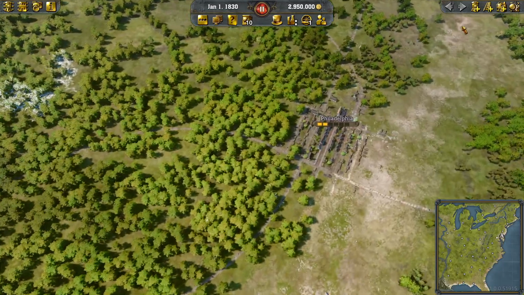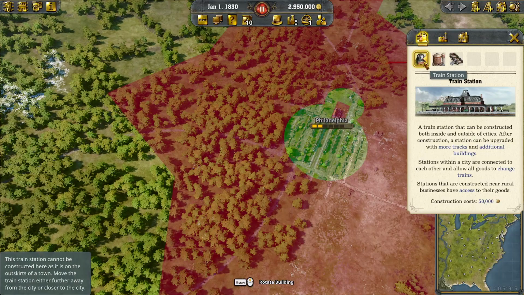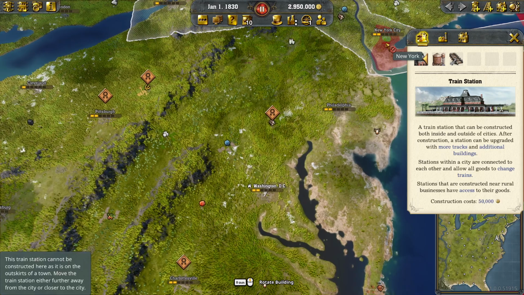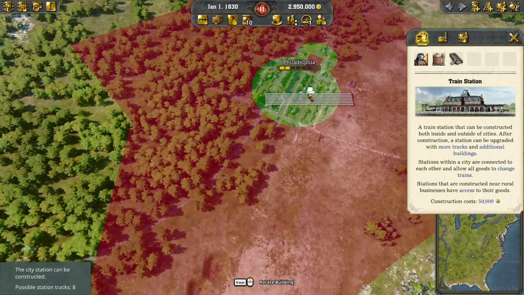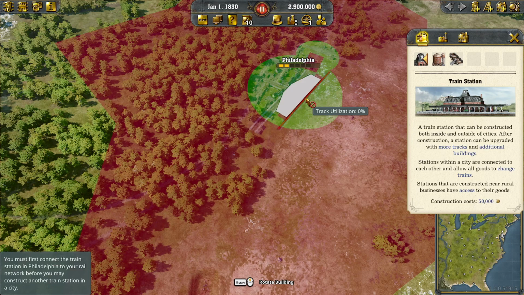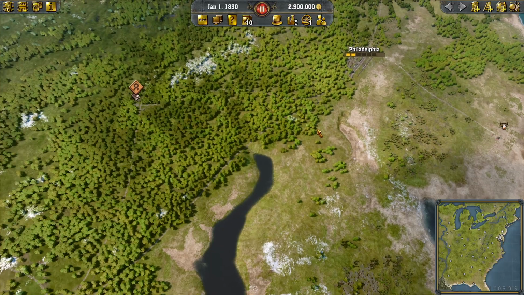So the next one is going to be in Philadelphia. The same applies here. Remember, you want to eventually upgrade to New York, so it should be built in a way that this is possible. Also, a good